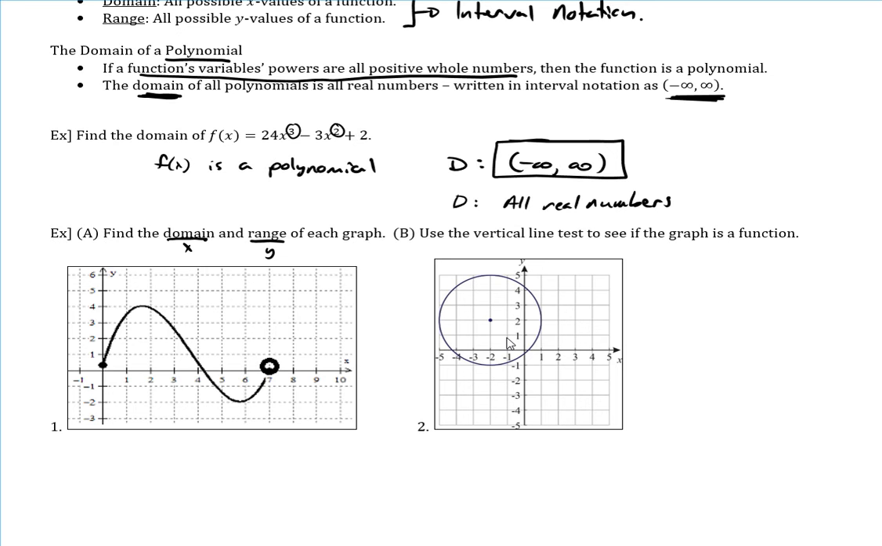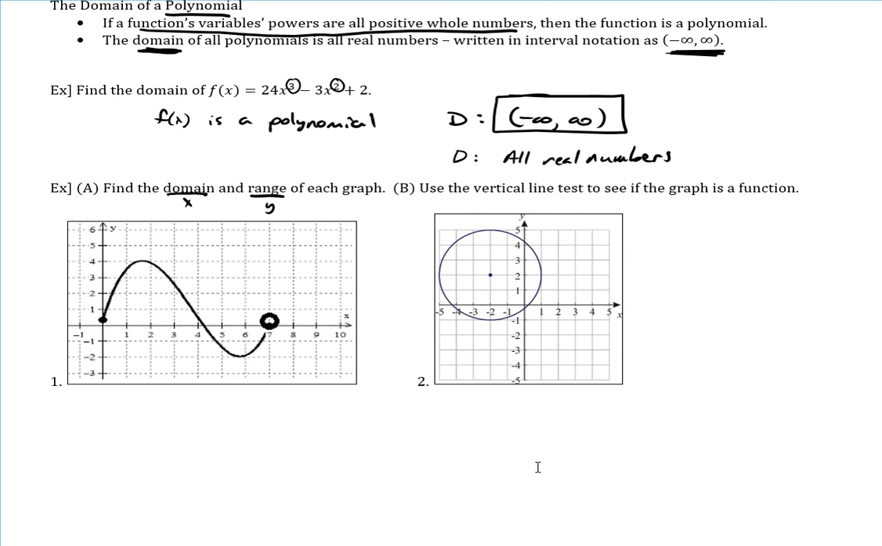And then the second part is to use the vertical line test to see if a graph is a function. All right, so let's see. Let's do it in the order they want. So part A, find the domain and range. Okay, so the domain,